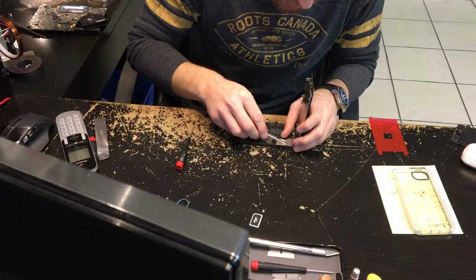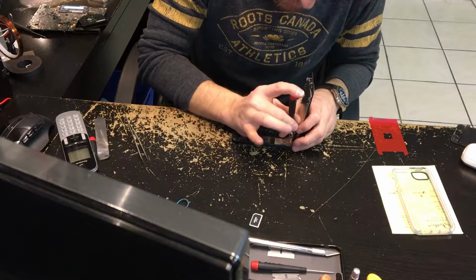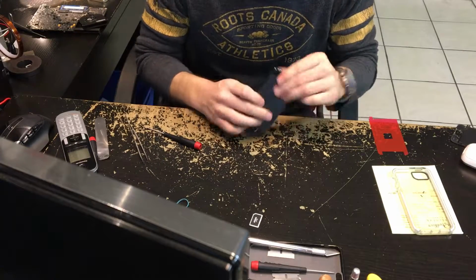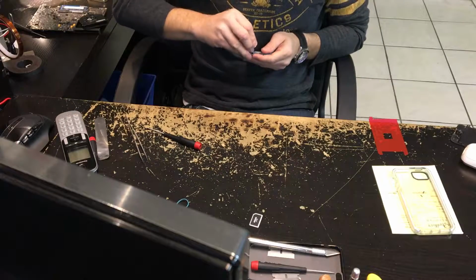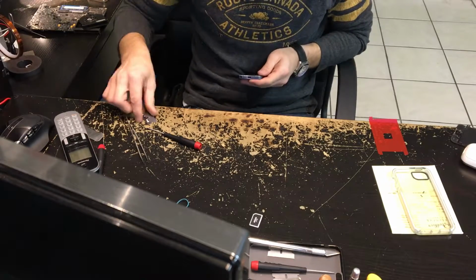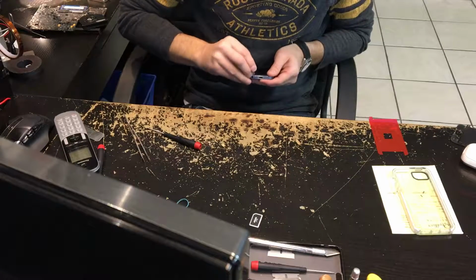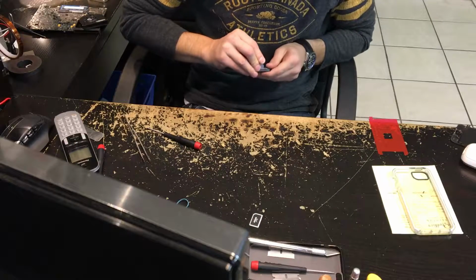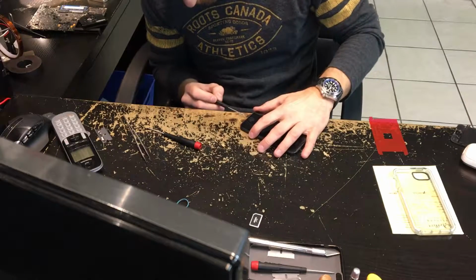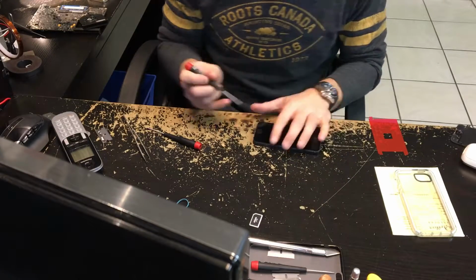Again, that non-ferrous screw, I handle it with a tweezer. It's a weird screw. I mean, it is magnetic a tiny bit sometimes. All right, there we go. And then bottom screws in. And we're done, just in time